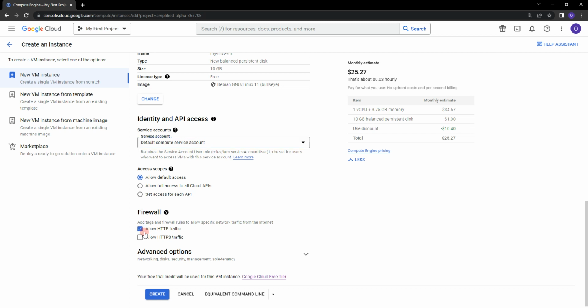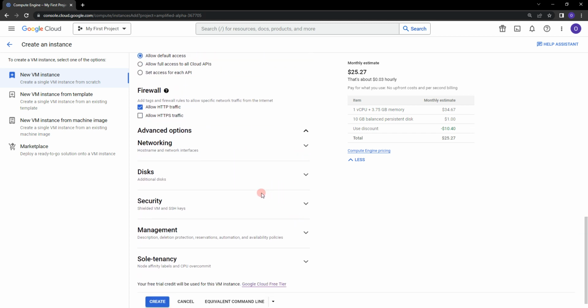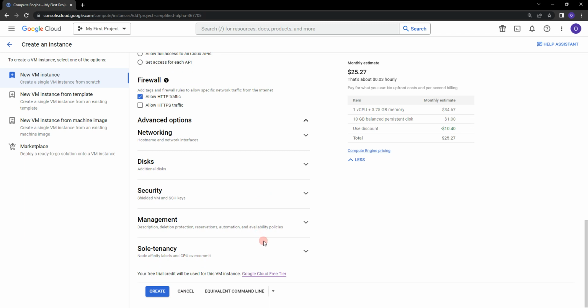So let's click on allow HTTP traffic. We can go to advanced options here, also configure networking, disk, security, management, and sole tenancy. But since this is our first virtual machine, let's keep it simple and continue with the defaults. Before we click on the create button, you can see on the right section the monthly cost estimation,